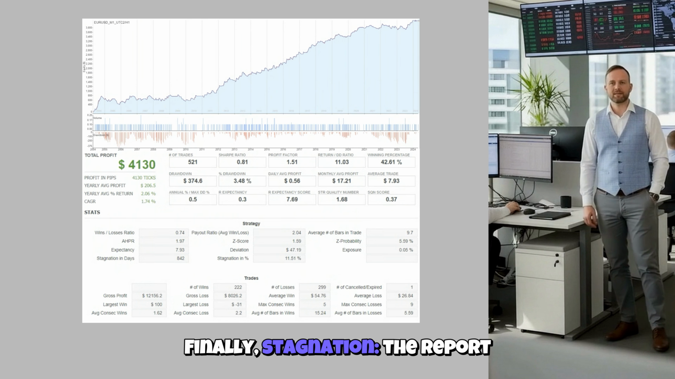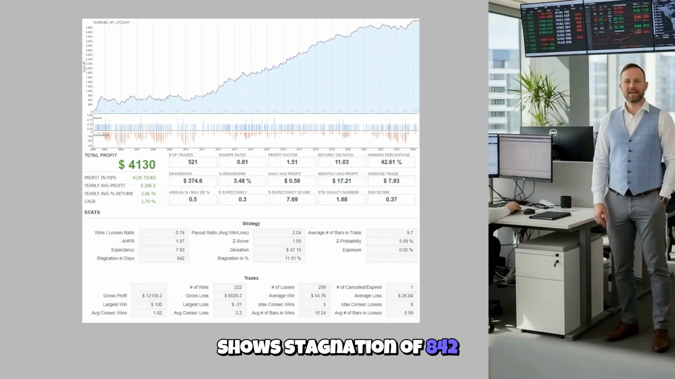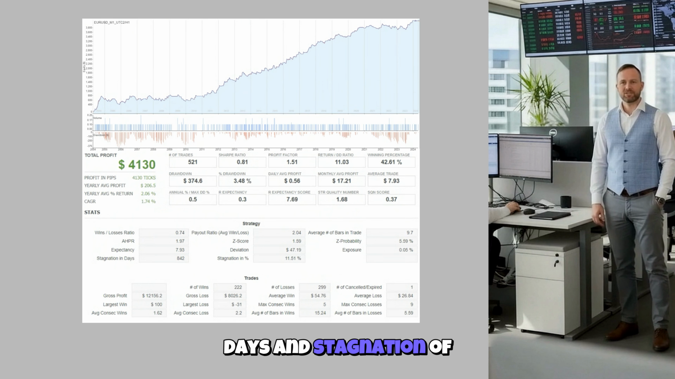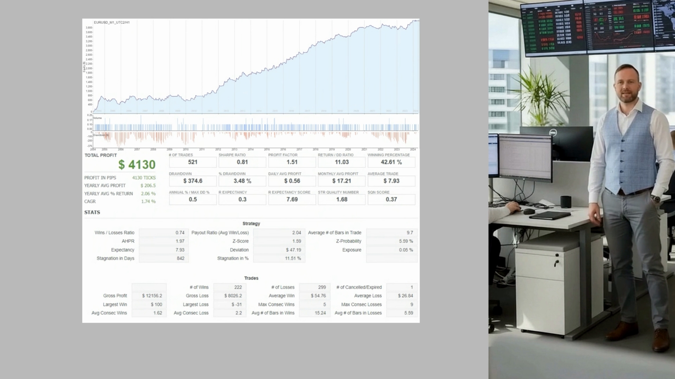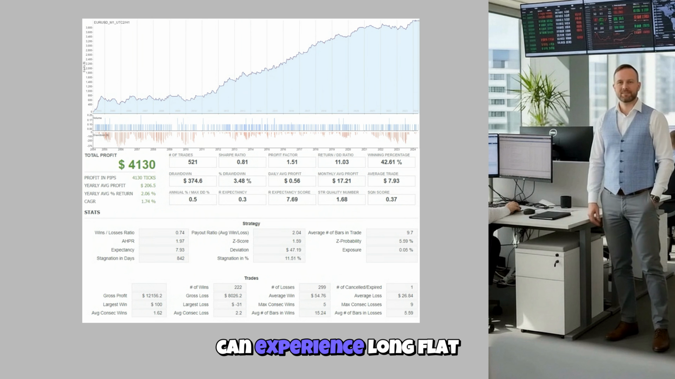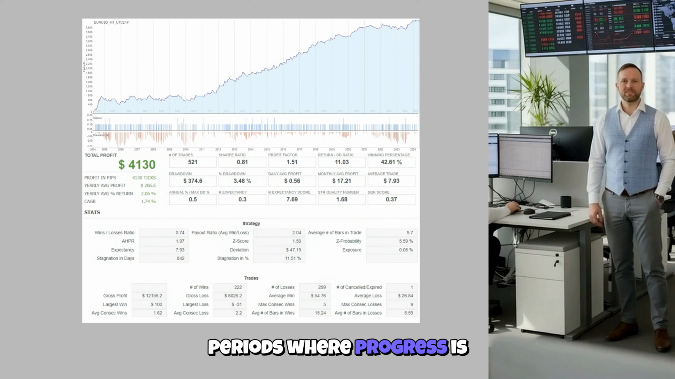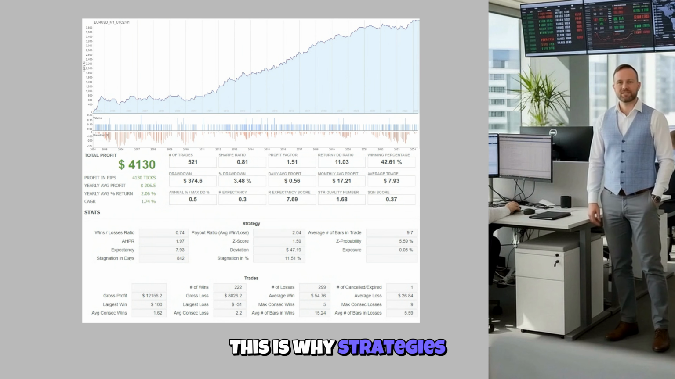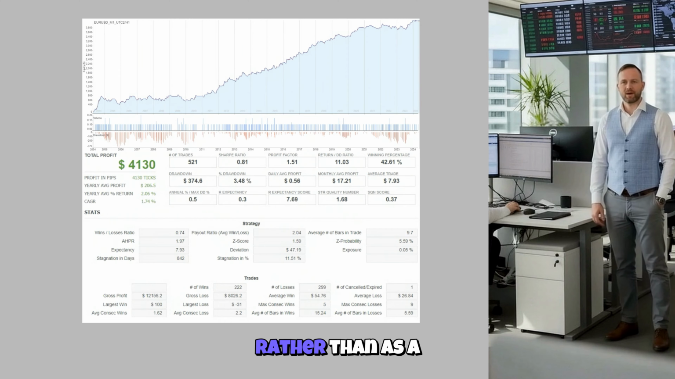Finally, stagnation. The report shows stagnation of 842 days and stagnation of about 11.51%. That means the strategy can experience long flat periods where progress is slow. This is why strategies like this are usually best used as part of a diversified portfolio rather than as a